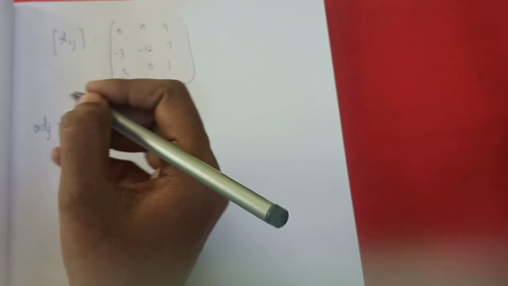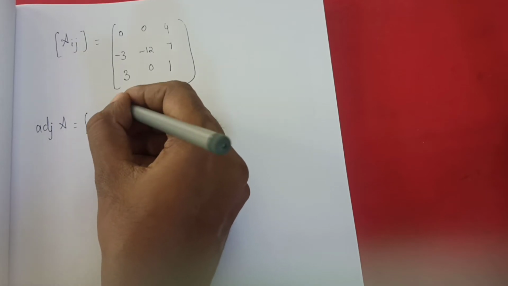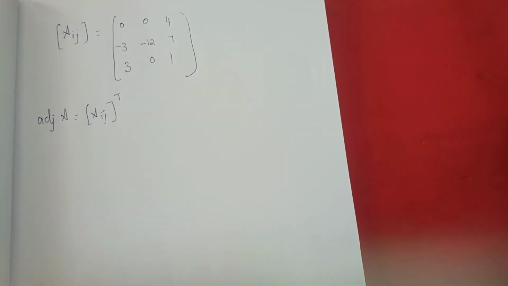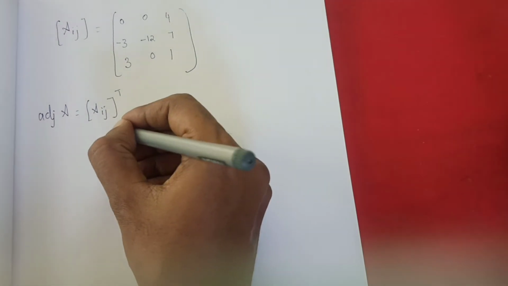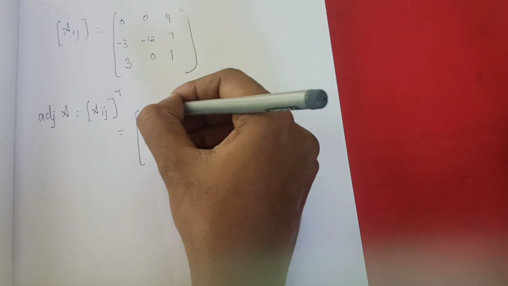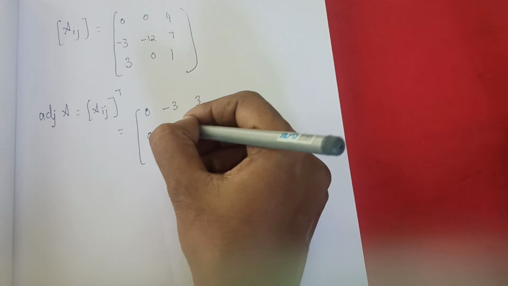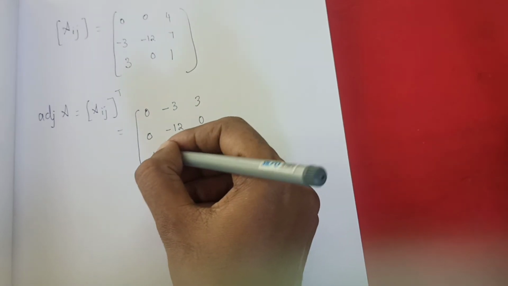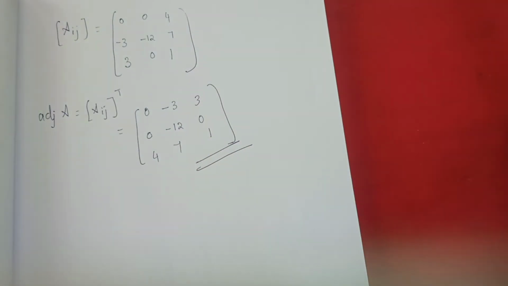In the class, starting of this class I have said, is it right? Aij the whole transpose. So when I was teaching the basic class, I taught you what you mean by the transpose, is it right? So row changes to column, column changes to row. That means the first column will change as the first row. So 0, minus 3, 3. The next column will change as the next row, which is 2, 0. Next one 4, 7, 1. So this is the required answer for this problem.